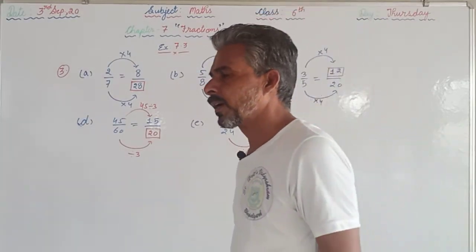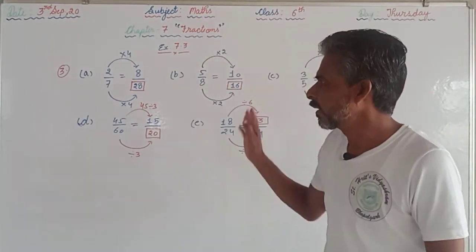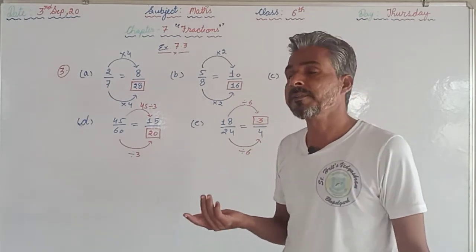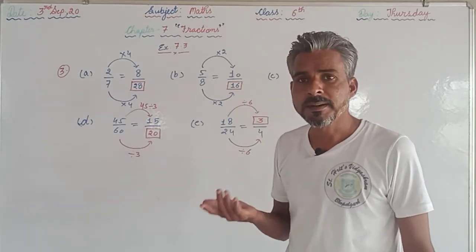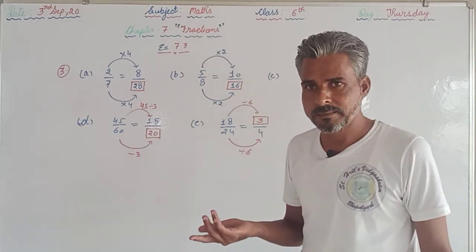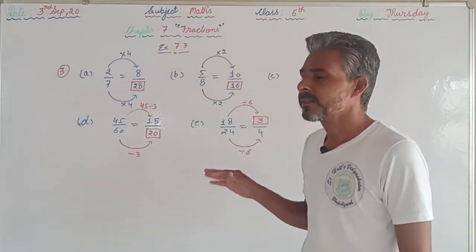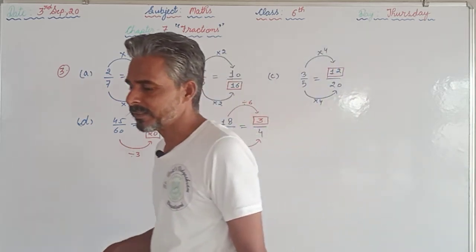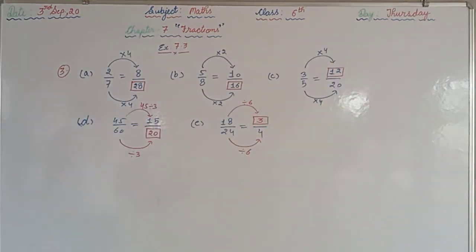First of all, we have to find the number by which the fraction has been multiplied or by which the fraction has been divided. Then we are supposed to divide or multiply, whatsoever the case is, by the same number, the numerator as well as the denominator. So I hope that you have understood the method of how to fill the boxes if the equivalent fractions are given.